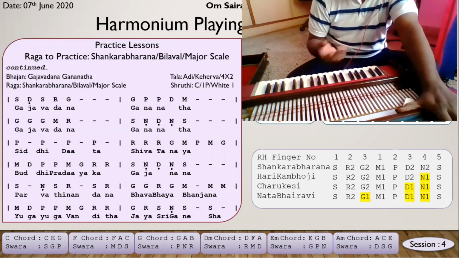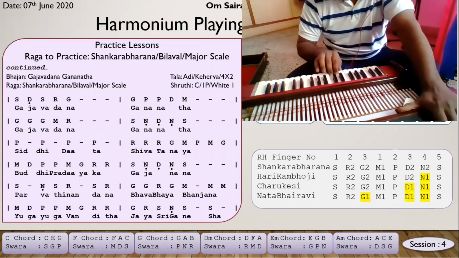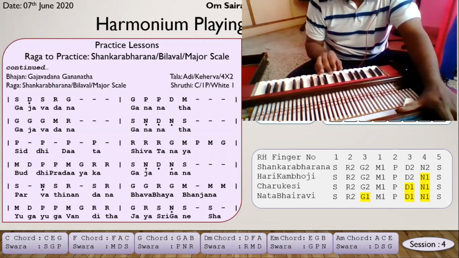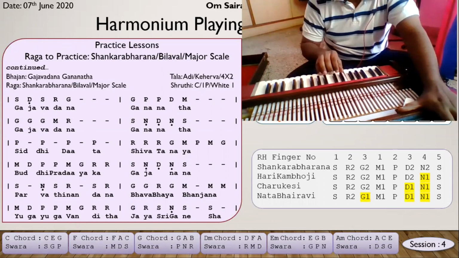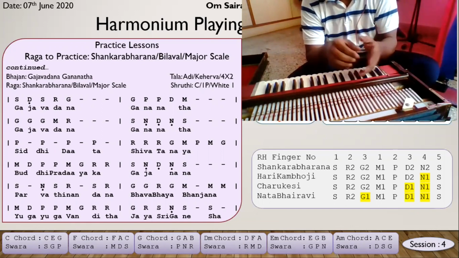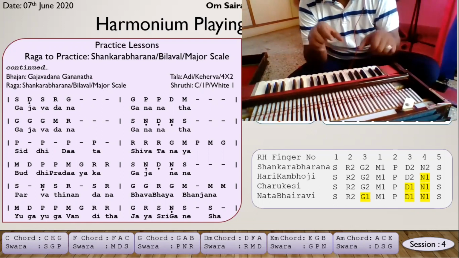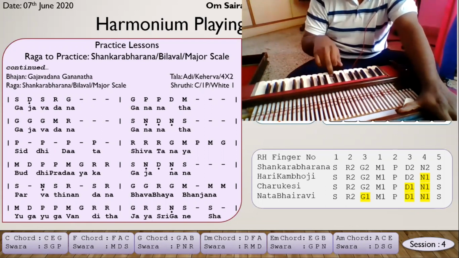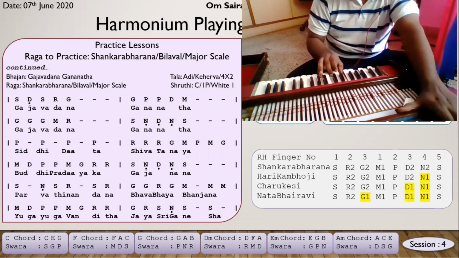So when you try to play this bhajan, sa da sa sa ri ga. When you play ga, it is coming on the C major chord, so you have sa ga pa, right? Whenever there's a note at the end of a line, for example a stretched note, you can play that note with a chord. You can take the reference of that chord. So ga stands on sa ga pa. Sa re ga. So here you can play the chords. Say I'm playing this. Sa re ga.